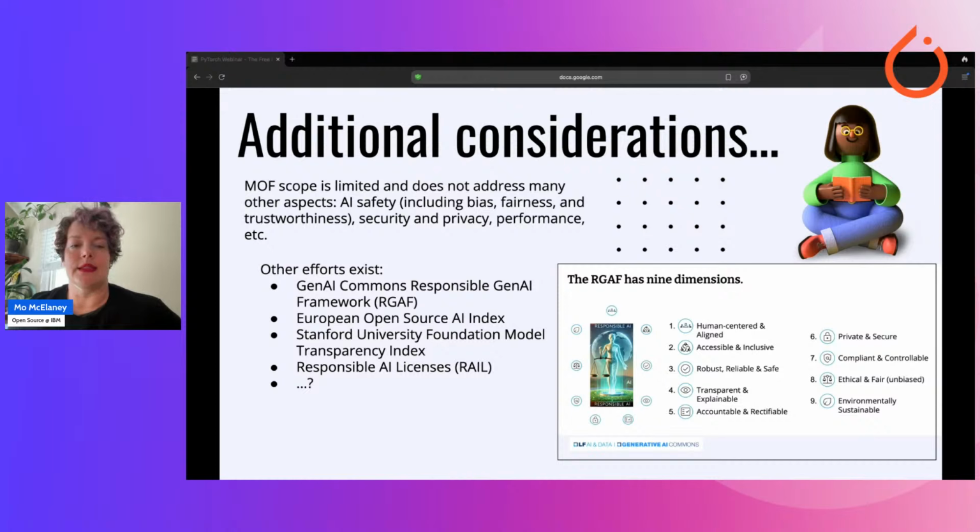And that's another one that has 9 dimensions, and you can use that as a guide to evaluate things. And then I mentioned earlier the responsible AI licenses that exist as well. So those are all additional tools you can utilize to evaluate open source frameworks that you might want to leverage.